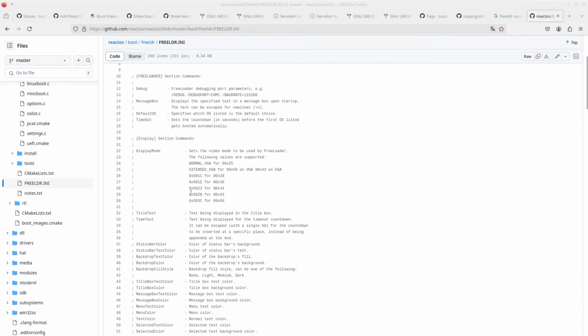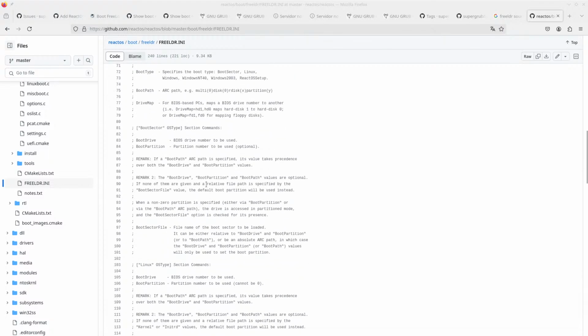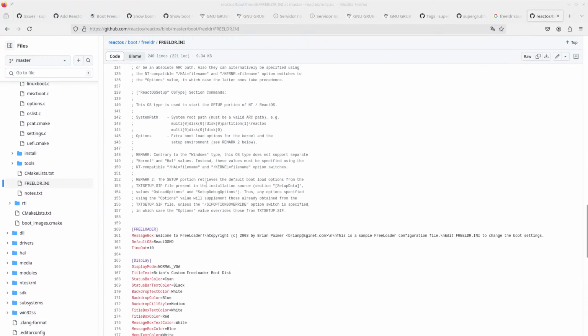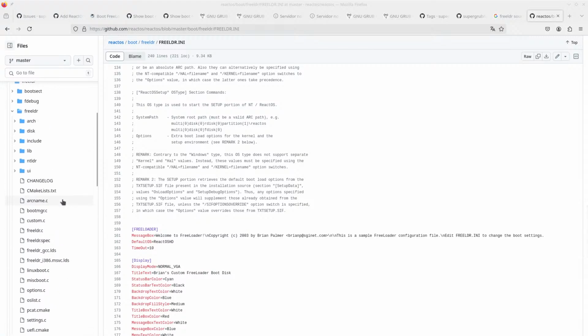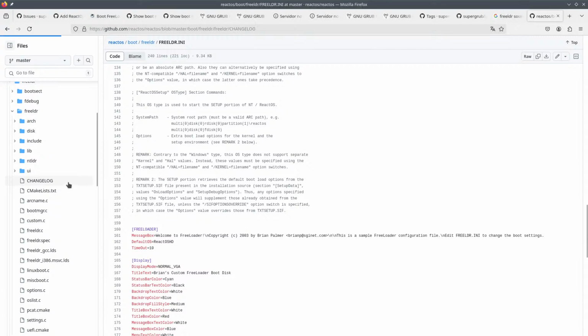So yeah, this is what this file is about. I don't think there's anything on how to build this from somewhere else.